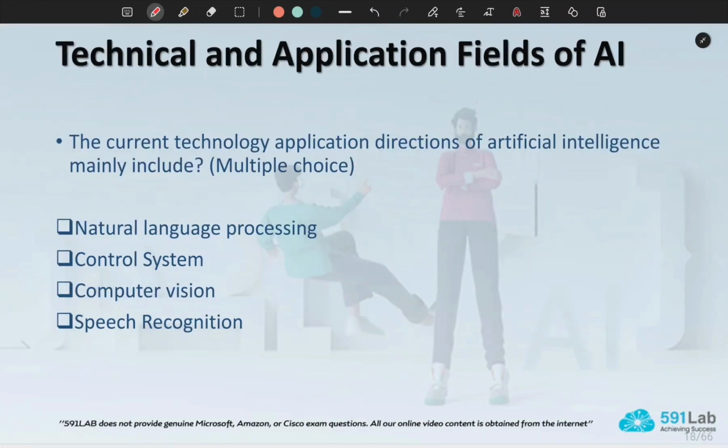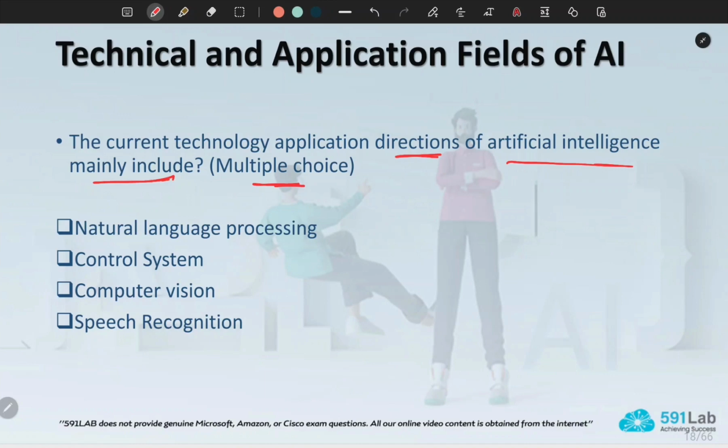Let's answer some questions on the previous part. The current technology application directions of artificial intelligence mainly include: the question is asking what are the main fields of AI? Natural language processing, control system, computer vision, speech recognition. So this is a multiple choice question.